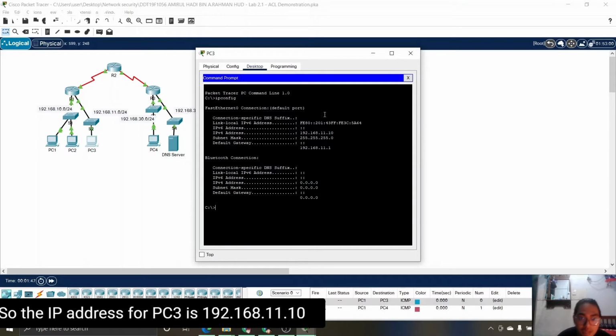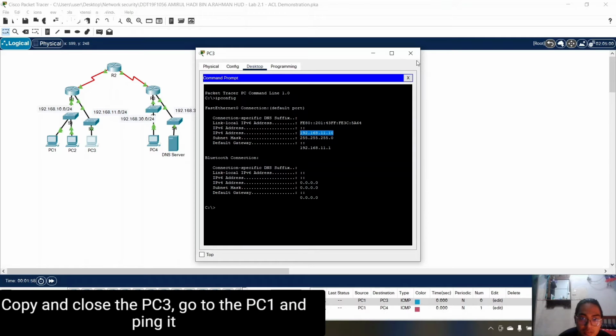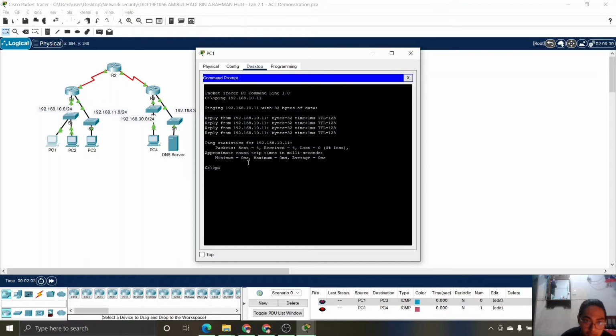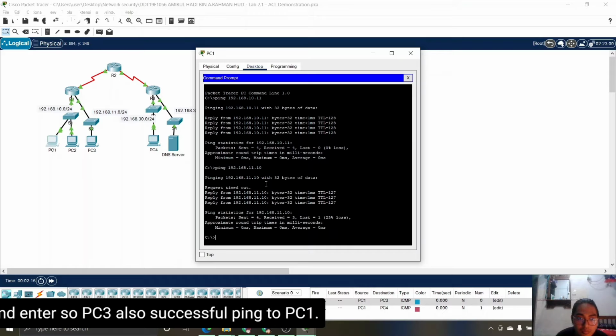So the IP address for PC3 is 192.168.11.10. Copy and close PC3, go to PC1 and ping it. Paste and enter. So PC3 also successfully pinged to PC1.